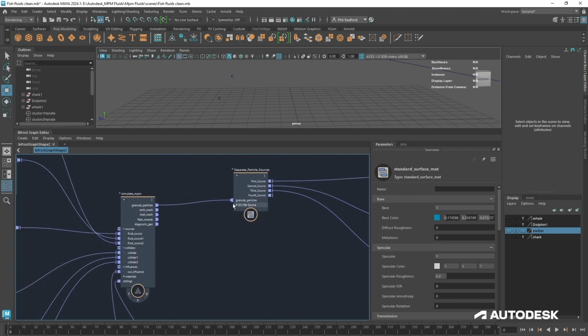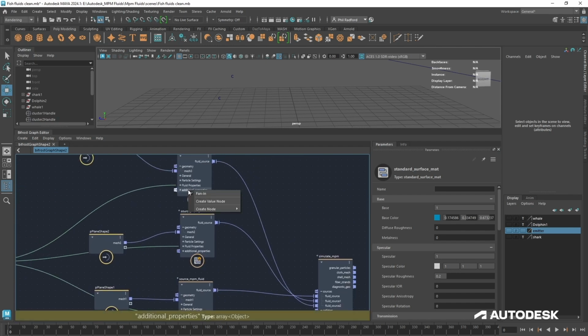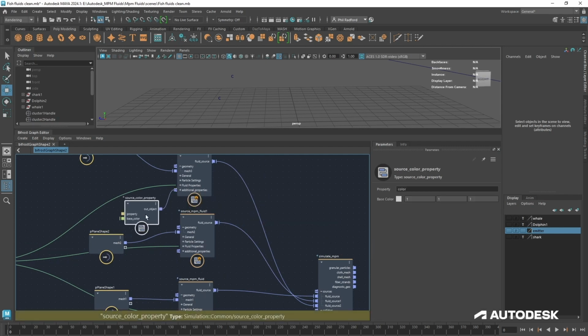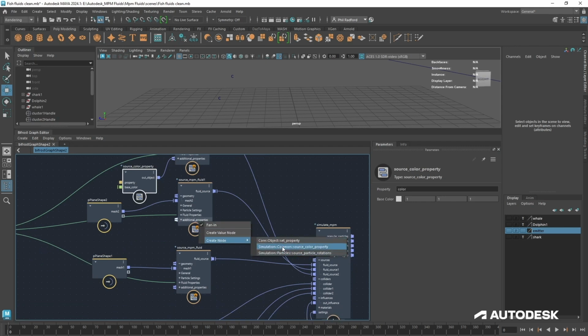But we really don't have to do that. We could, in fact, kill this here, and we could right click on the additional properties of each source and add a color source, and we could do that to each fluid like so,